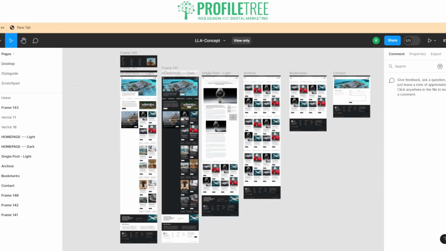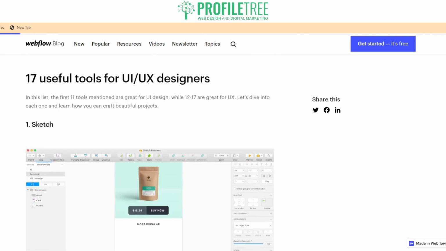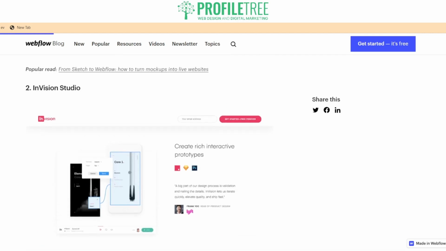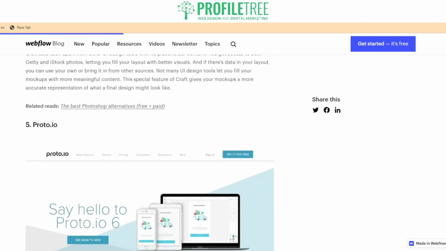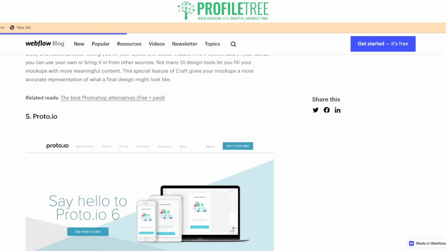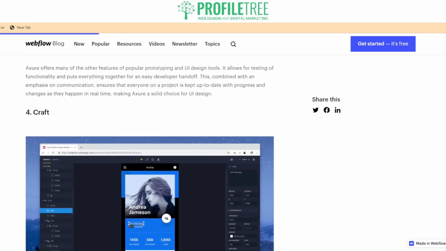So this is more or less where the development stages would go, which is the use of an app or application called Figma. Now, it doesn't have to be Figma, there are other ones to use out there. And there's actually plenty of sources out there like Sketch, InVision Studio, Azure, Craft, proto.io. So there's plenty of different areas where you can use these tools for mobile web